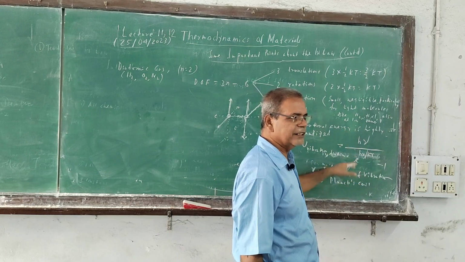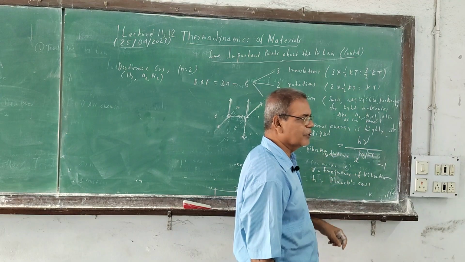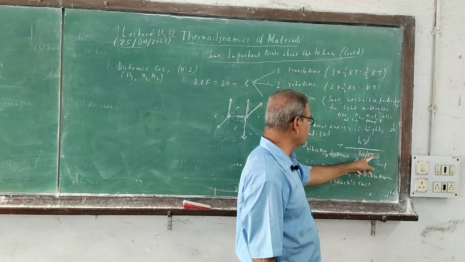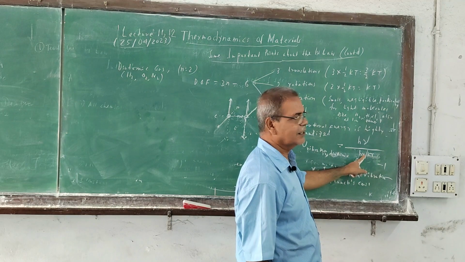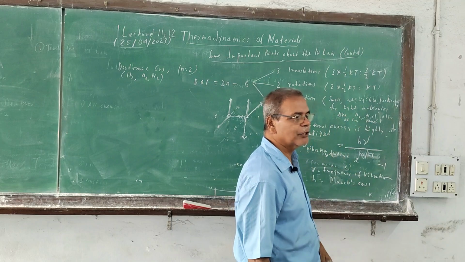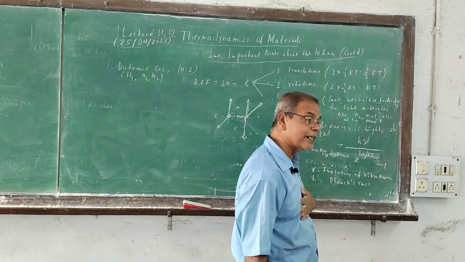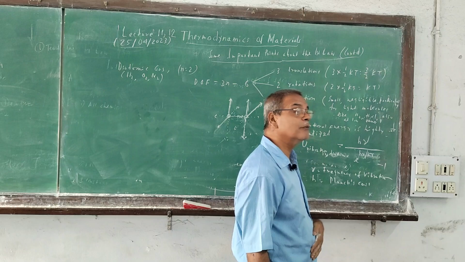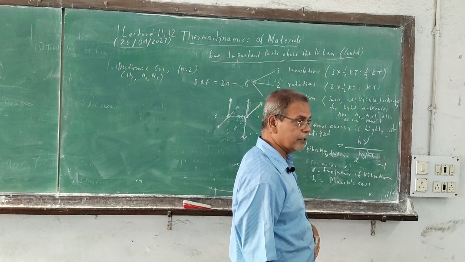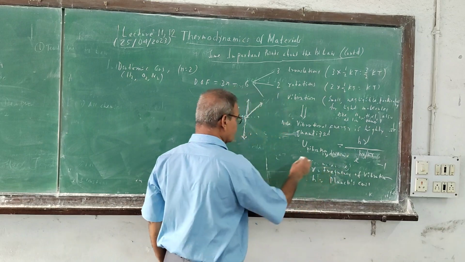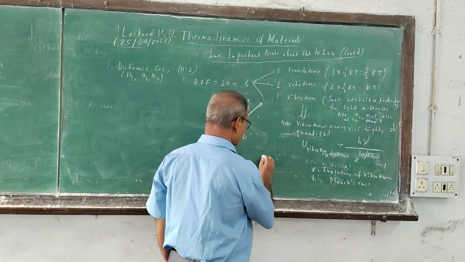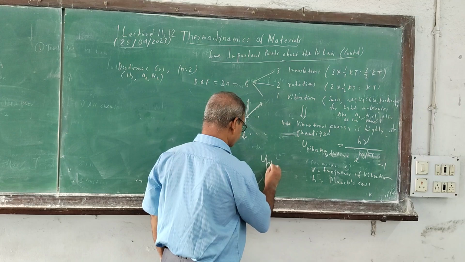Large means the denominator is large, so it will be small. Or the temperature is low and the frequency of vibration is large, because light molecules have high frequency of vibration compared to heavy molecules like bromine and iodine. So this value will be 0 for light molecules. So U vibration